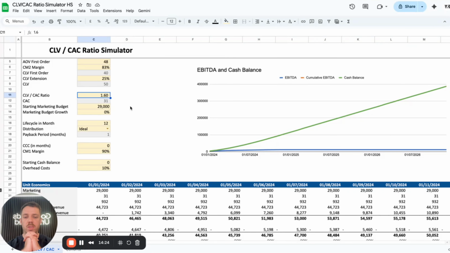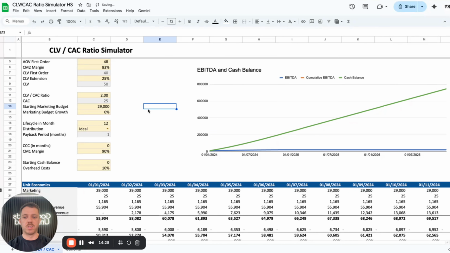And here you then just have to play around a little bit. For instance, if I set a customer lifetime value to CAC ratio of 2 in this sheet, we will see that growth will just be accelerated massively, but EBITDA stays the same. And then in order to have a customer lifetime value of 50, our CAC of course needs to be 25, and through that we can have really, really profitable growth. But it might take a longer time because we may not be able to drive as many customers aggressively with such a low CAC target.